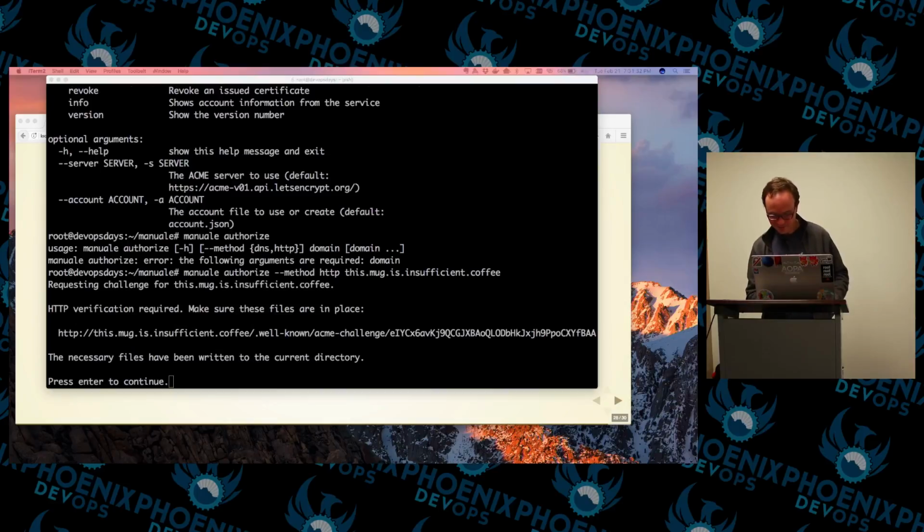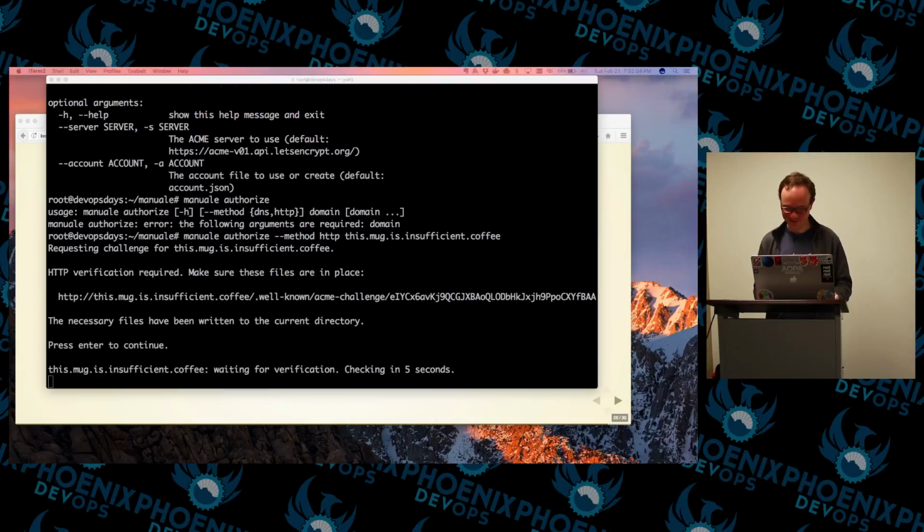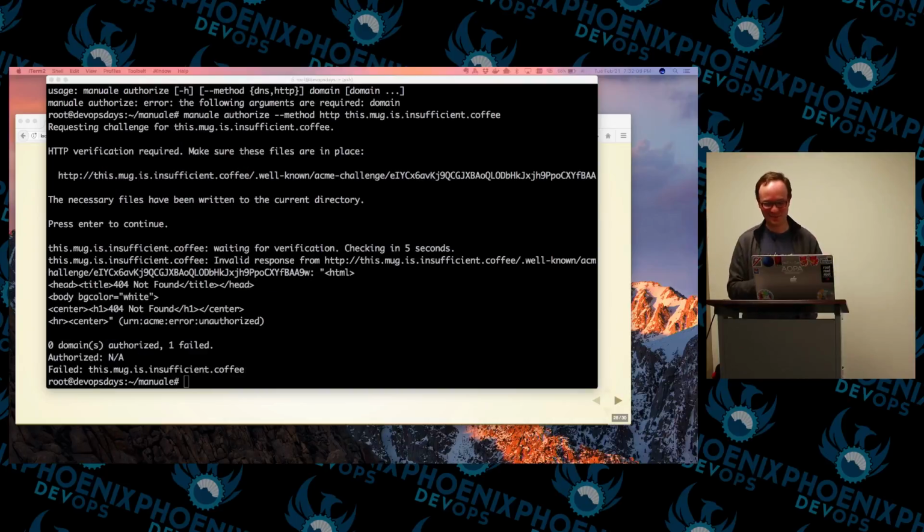All right, it's requesting a challenge for that domain, and it says, okay, great. You need to go put a file at this location. So when a web browser, whether it's at Let's Encrypt or yourself, tries to go to this URL, it gets the correct file. The only problem with manual is it wants you to go do this interactively. So if you press enter now, it's going to go check it and then say, hey, it didn't work. You hadn't done the thing. Error, dead. In fact, I'll just let that happen. It's going to wait for verification, say, hey, I couldn't find it, and then die. And it'll make you do this again.